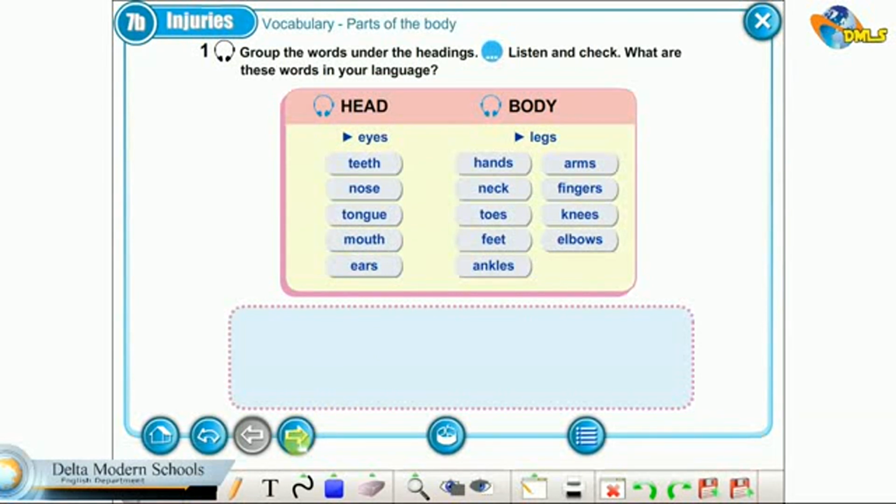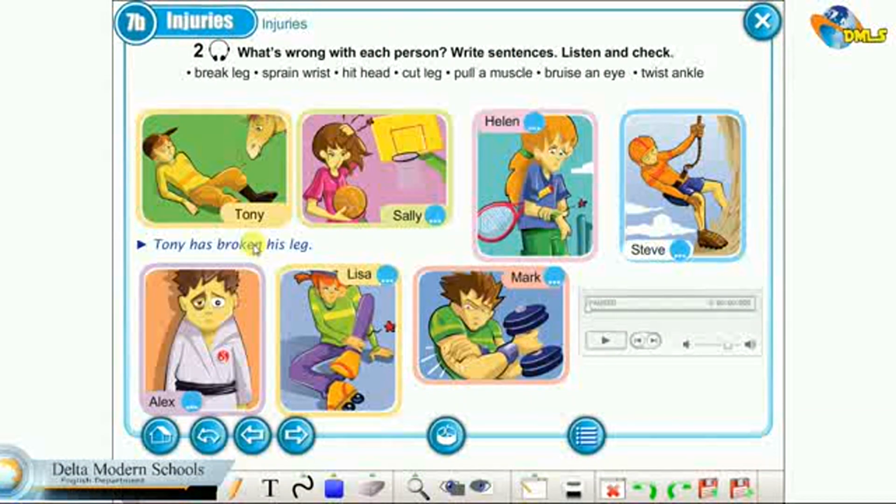Then let's move to the other title here, injuries. Okay, take a quick look here about all of these children here. I think they have accidents, maybe. Yes, they are suffering from such bad injuries. But before we talk about what happened to them, let's watch this video